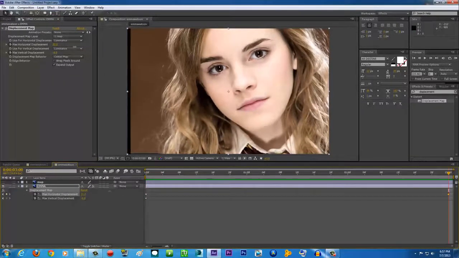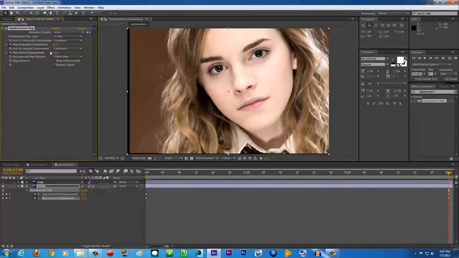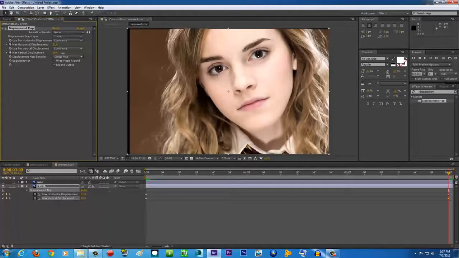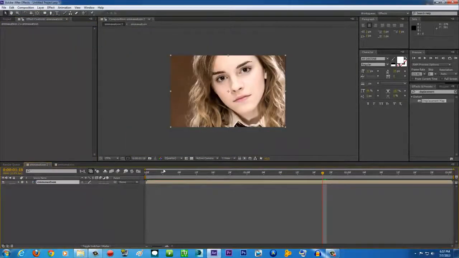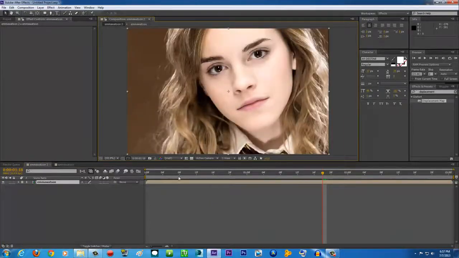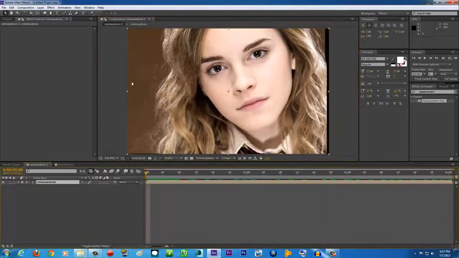and then go here and we're gonna change it to a positive value, and also the vertical here. Whoa, don't do it too much, make sure it still looks like Emma Watson, not like a creepy witch. Well, she's a witch here in this photo, but not a creepy one, so 5 maybe. And there you go. And then you can of course go back to the first composition, and as you can see here you got some blackness. Well, you can just press S and scale it up a little bit,